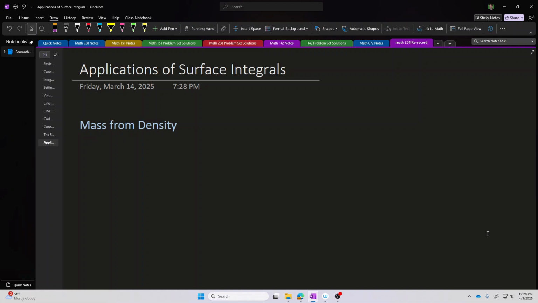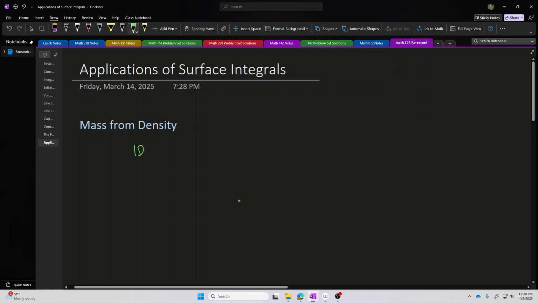This video, though, I will not be going into detail on any specific calculations of physical quantities. I'm just going to overview what kind of quantities could be calculated using surface integrals. So once again, we can find mass from density using an integral. And we've seen that, depending on what kind of object you're dealing with, different kinds of integrals are used to calculate the masses of different kinds of objects, right?